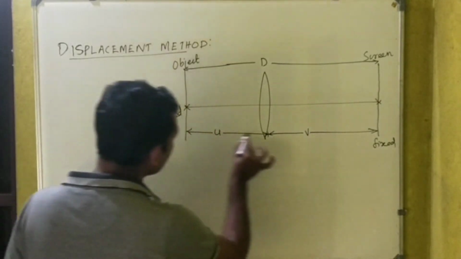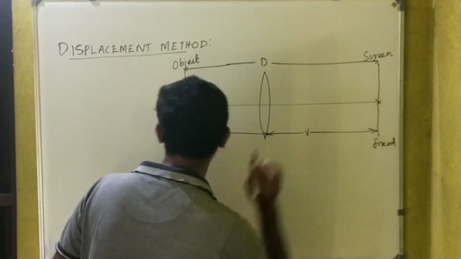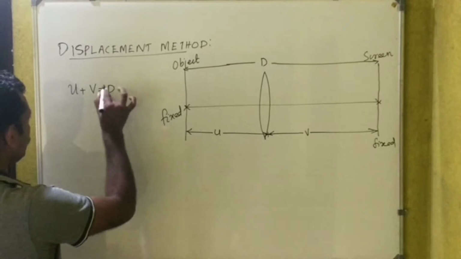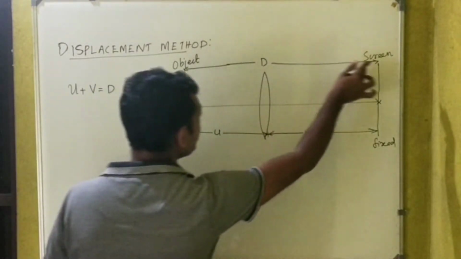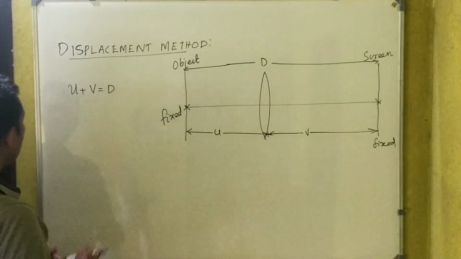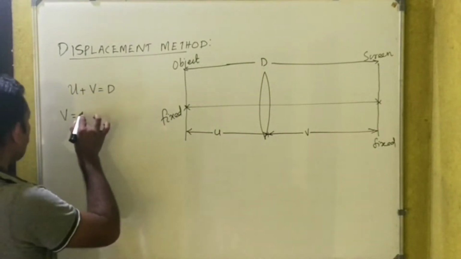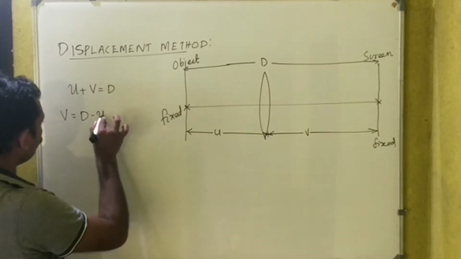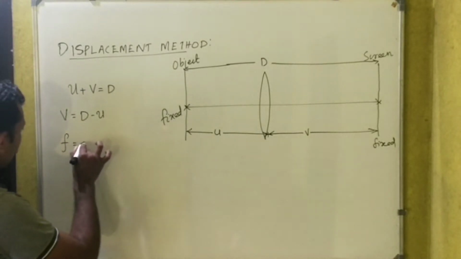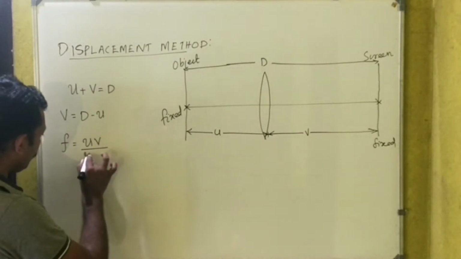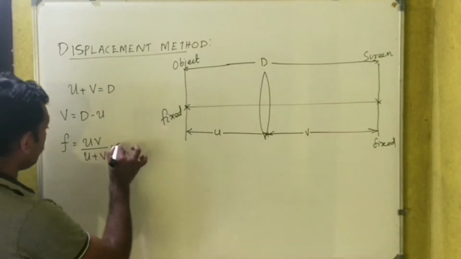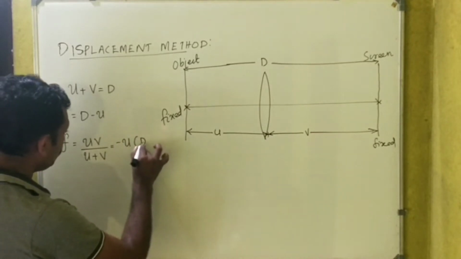Now, as I told you, this distance is u and this is v. So length u plus v is equal to D. Here I am not taking sign convention. D is the distance between the screen and the object, which is a fixed quantity. Which means v is equal to D minus u. Right? So we have the formula for focal length f is equal to uv divided by u plus v. Again, by using sign convention, one can say minus u into D minus u